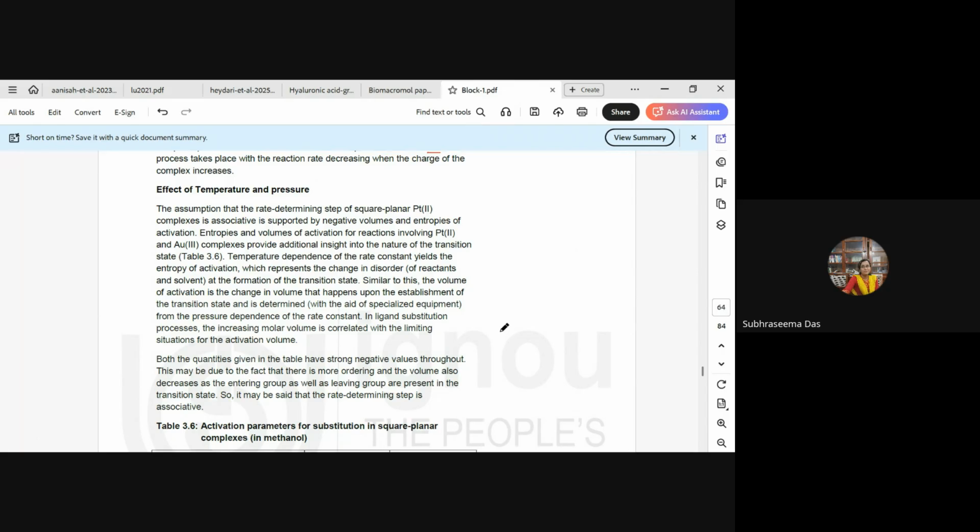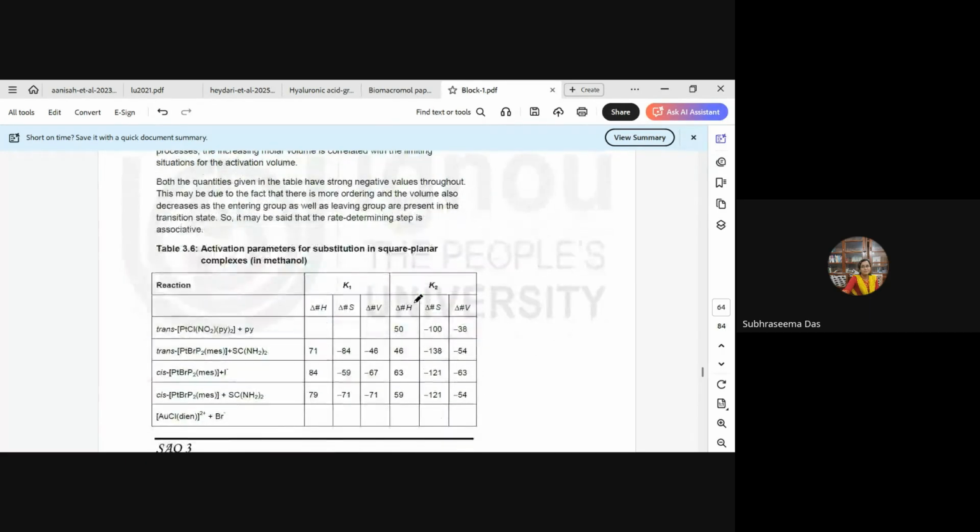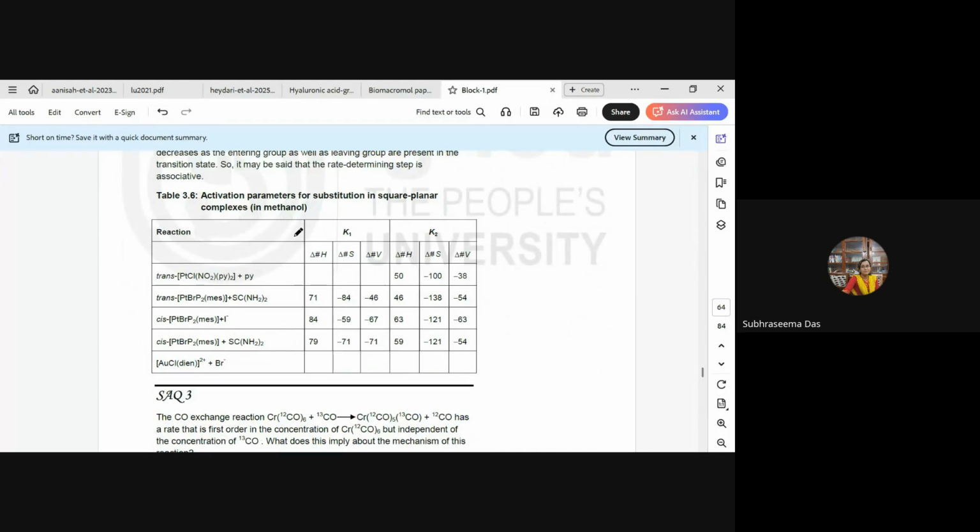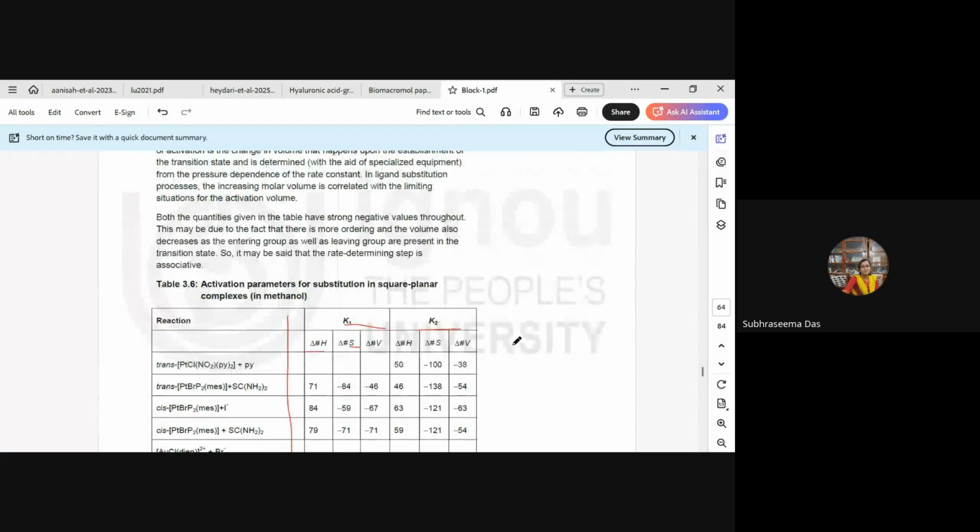The assumption is that the rate determining step of the square planar platinum(II) complexes is associative, and this is supported by the negative entropy and volume of activation. The entropy and volumes of activation for the reactions involving Pt2+ and Au3+ complexes have been shown here in table 3.6. Here you can see the k1 and k2 values, the delta H and the delta S values for different square planar complexes of platinum 2+ and